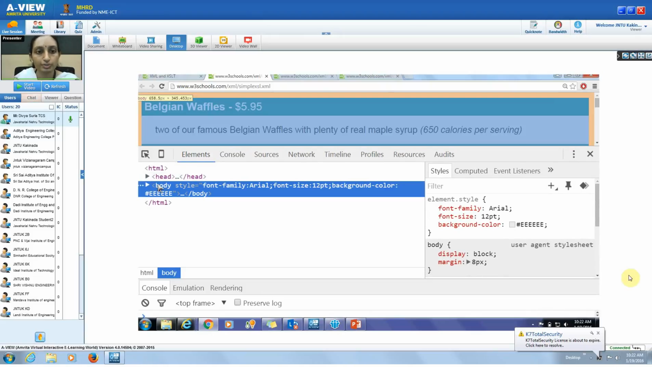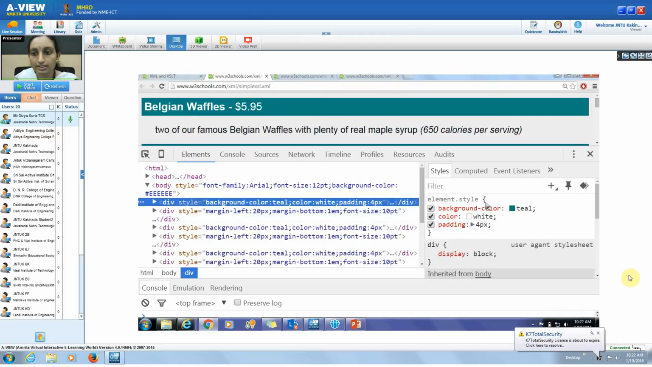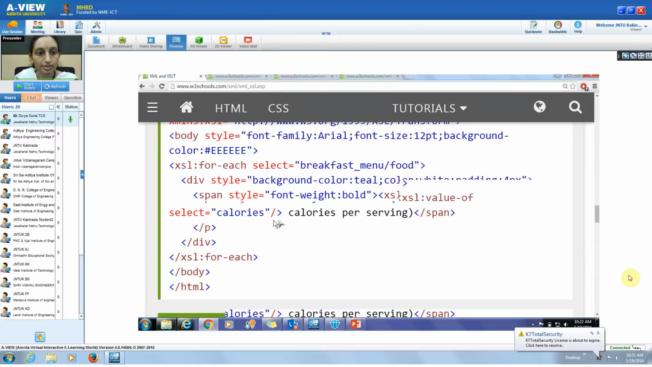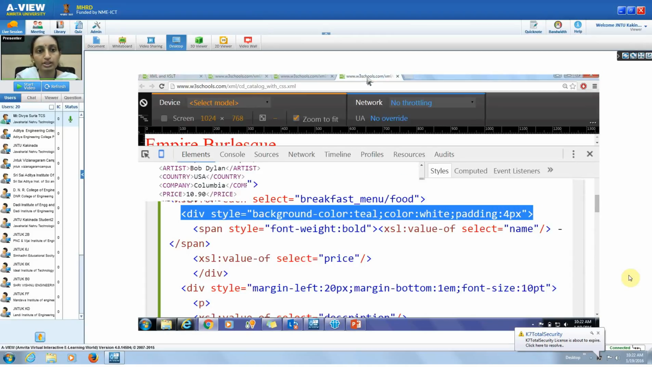See, this is your entire body element in which you have a first div. What is the style here? Background color teal, color white, padding 4 pixels. So let us see here where you have written. You have written an inline style background. See, this is your style which has been applied to the